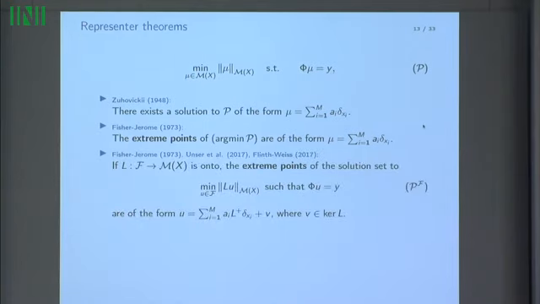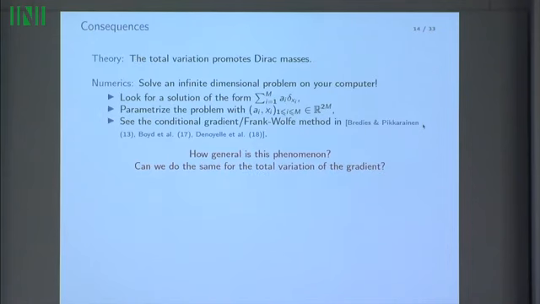Then Michael Unser and co-authors, and also Axel Flinth and Pierre Weiss, extended this kind of result by considering a surjective operator L, working on a functional space and looking at Lu, where Lu lives in the Radon measure space. So it's just an extension of this kind of work.